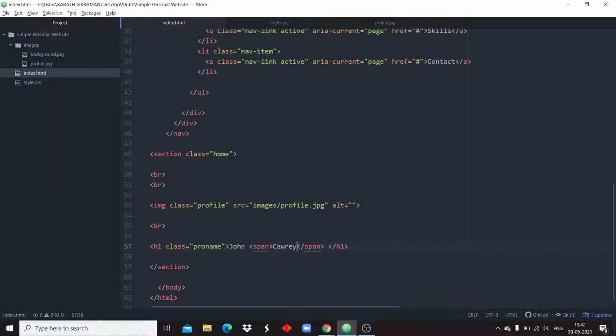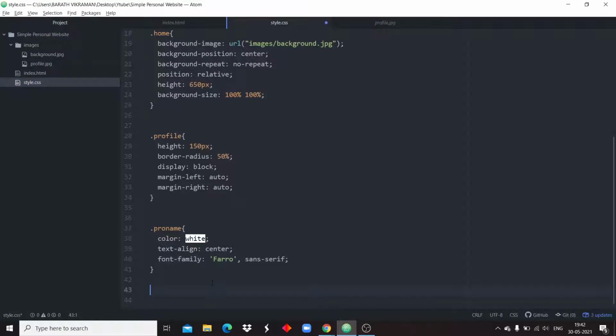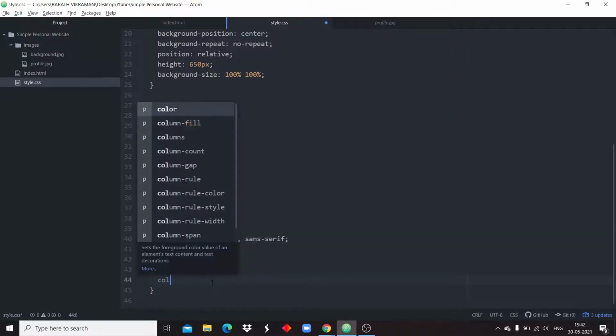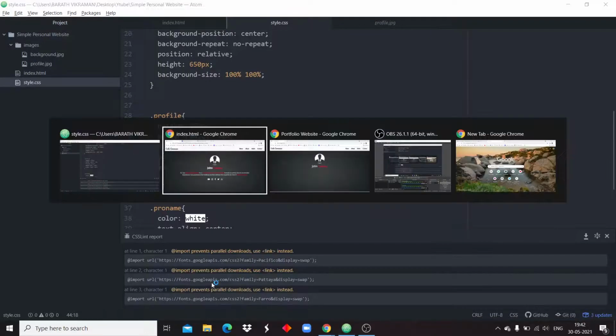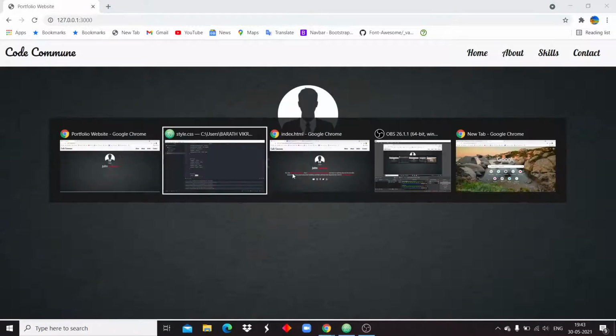Now we need to change the span tag color. It has been changed.